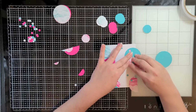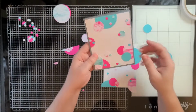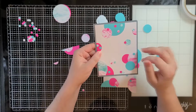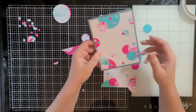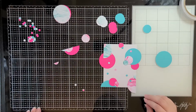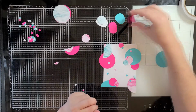And something that I found with this other one is to experiment with your layering. Don't always put the smallest ones on top of the bigger ones. When I started layering some of these in different unique ways, it really looked cool at the end. I know it looks kind of crazy and messy right now, but it will look really cool